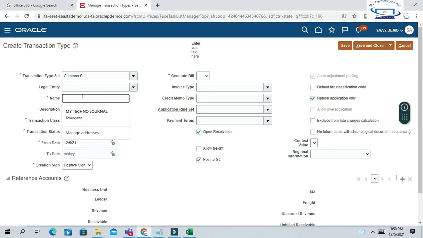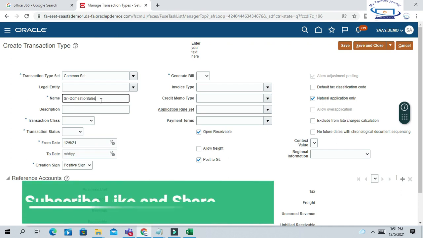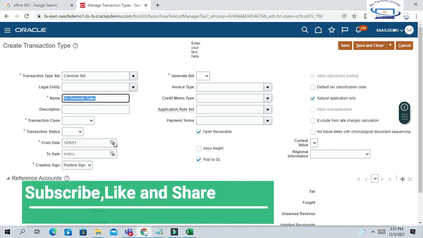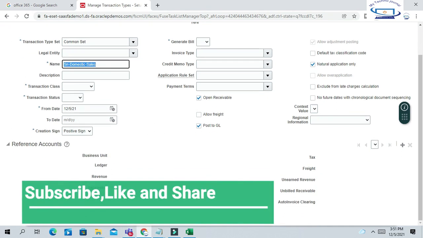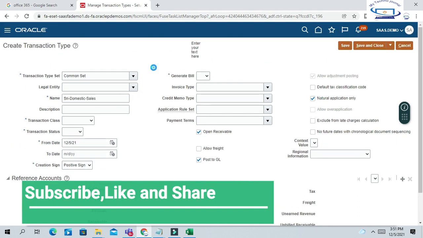I am creating this transaction type for domestic sales, because for each kind of transaction type we have a specific accounting impact. So, domestic sales.